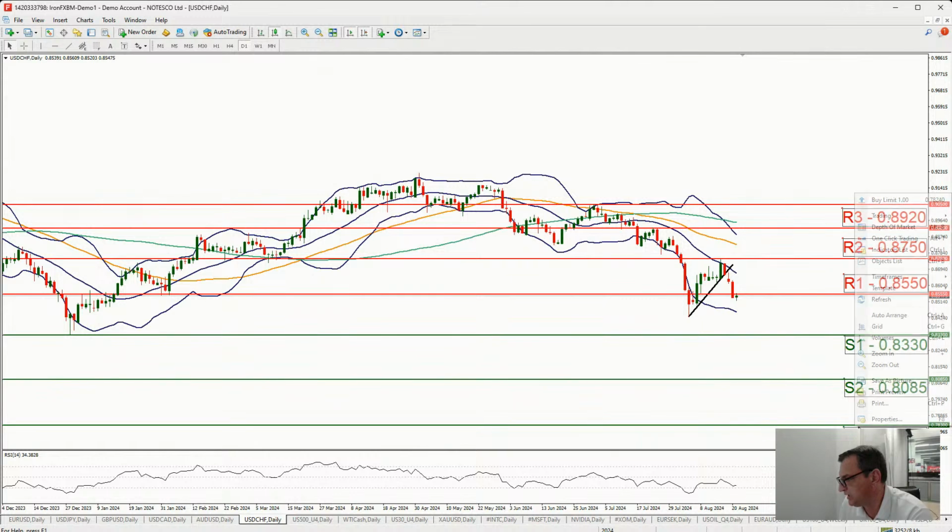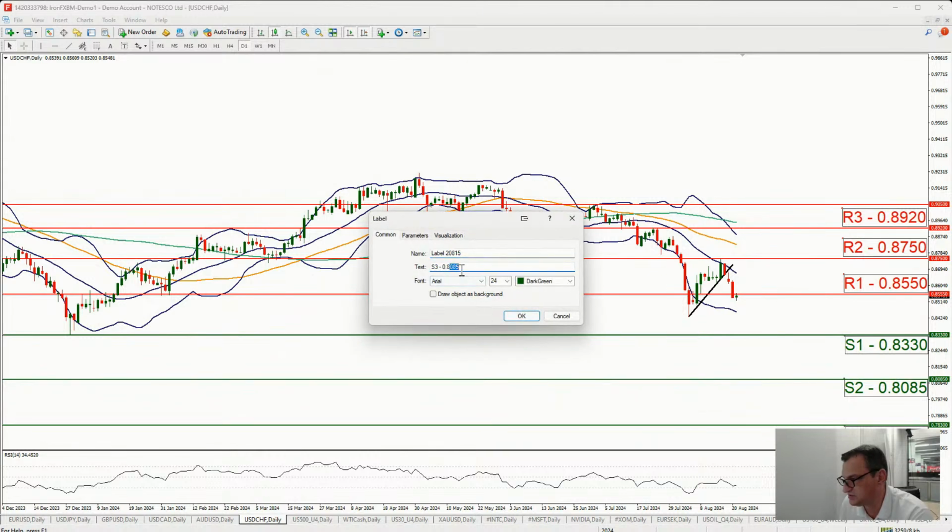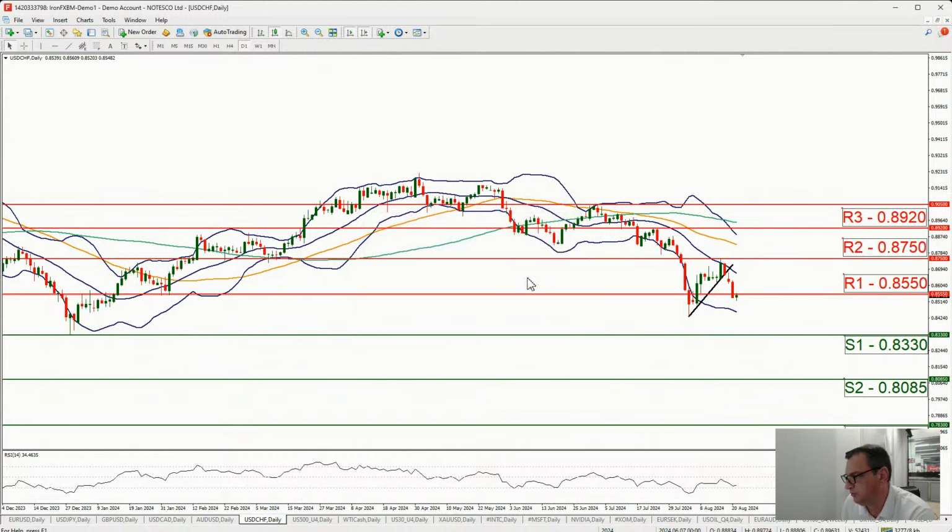Note how the support lines have a wider corridor between them compared to the resistance lines. That's also related to the fact that we have very little price action below the S1, 0.8330. As you have seen, we had to go all the way back to 2011 to find another valid support line at S3.